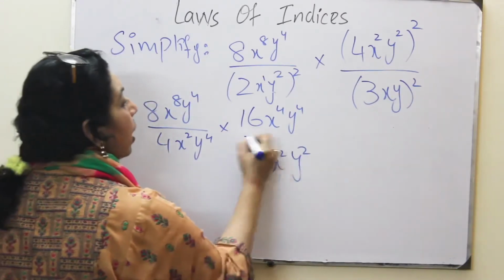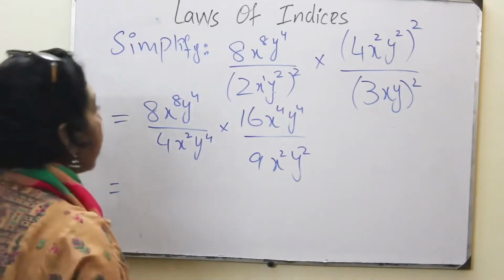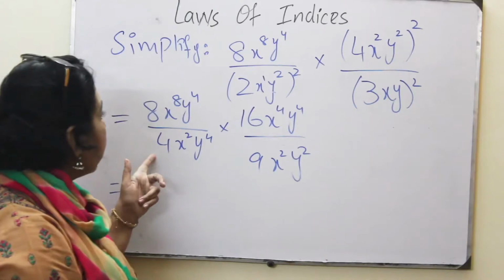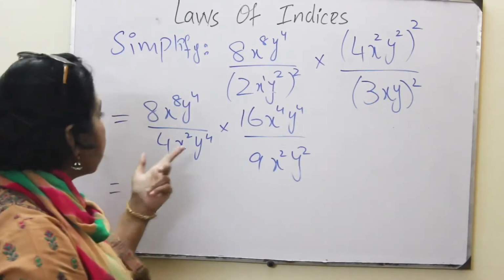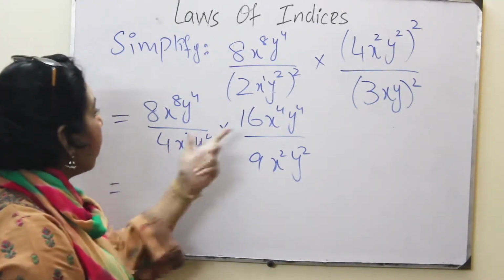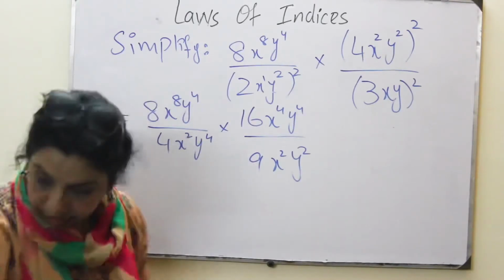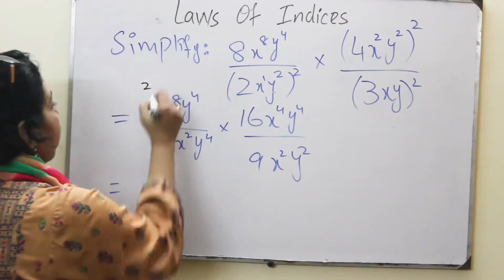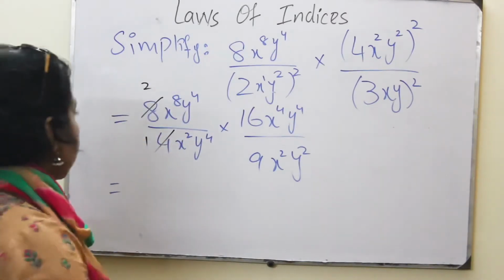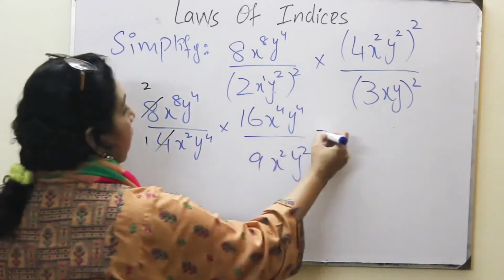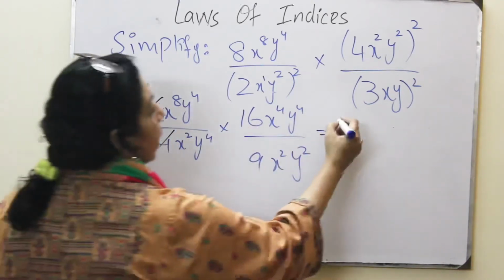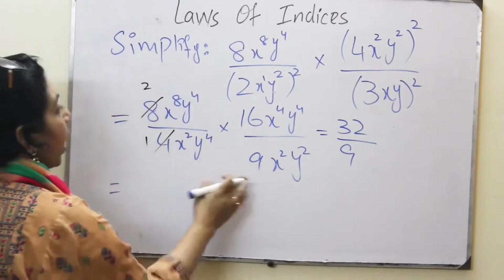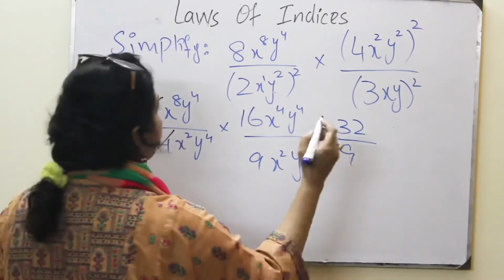So when we have cancellation, first we will cancel this 8 with 4 and we have no other cancellation, as we cannot cancel 16 with 9. So the maximum cancellation is 4 1 times 4 and 4 2 times 8. So we shall be having 16 multiplied by 2, 32 over 9. 16 is not in the table of 9, neither in 2, so we shall have 32 over 9.